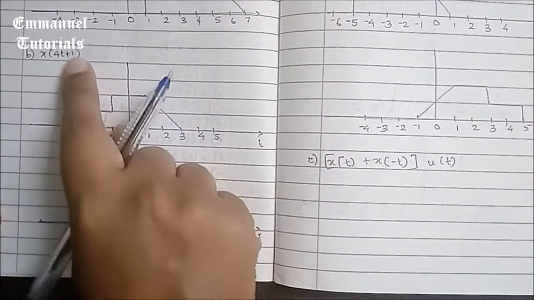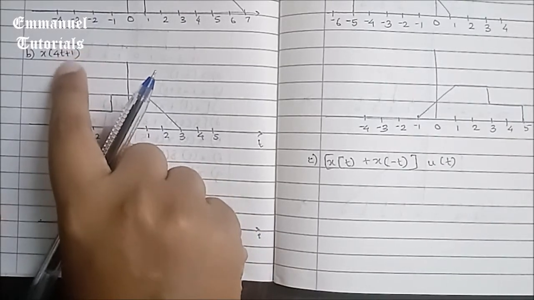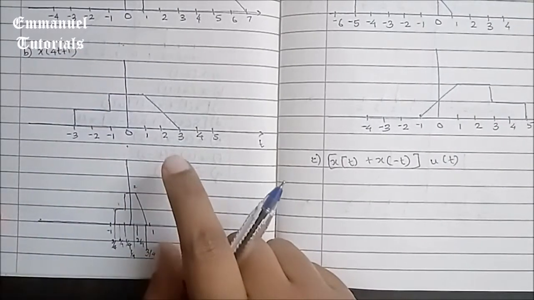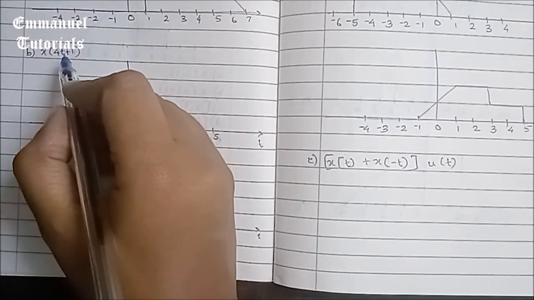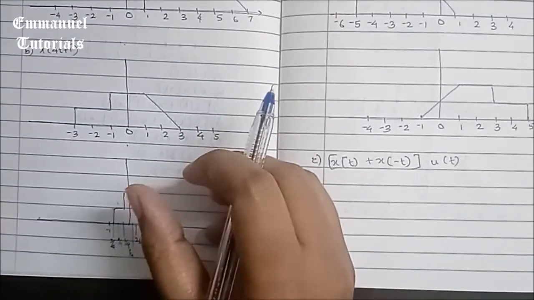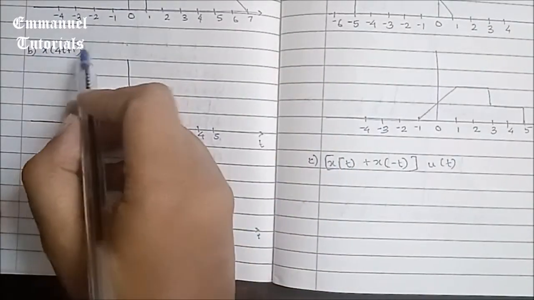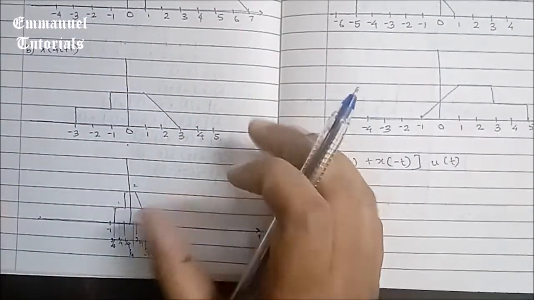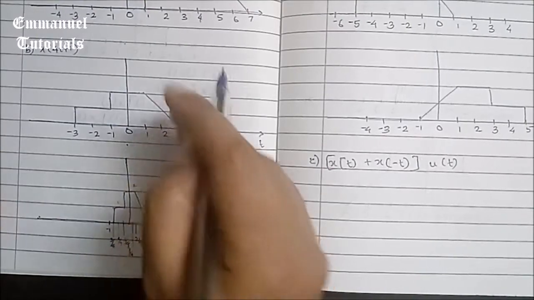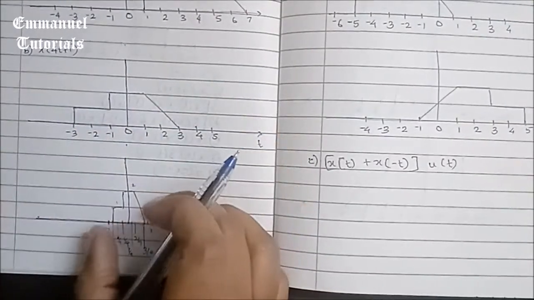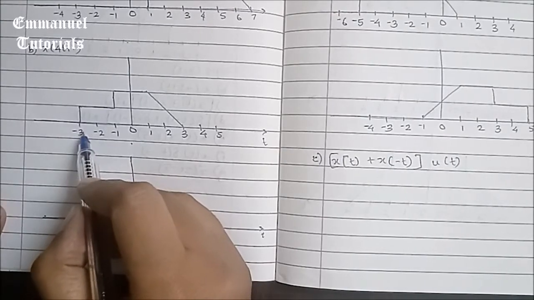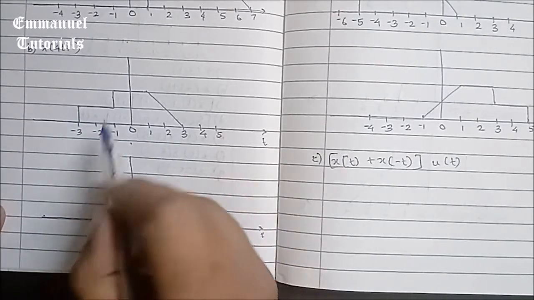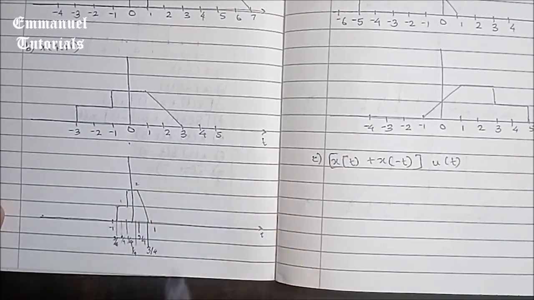And now we have one more operation left, which is time scaling by 4. Here t is being multiplied, so this is going to give us compression of the signal. If you were dividing the t value, it would be expansion. So here we are compressing the signal. As you can see, the width has decreased. The points at each of the time values will be divided by 4.